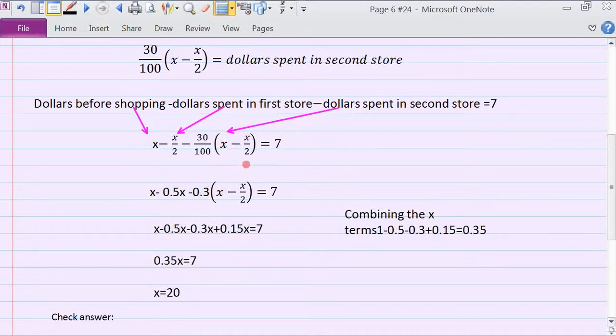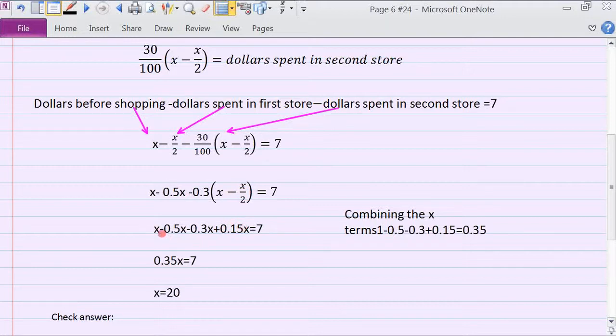This X is this X, and this term is this term, and this equals 7. So if we use the distributive rule here, we get minus 0.3X, minus 0.3 times minus X, minus 0.3 times minus X over 2 gives me